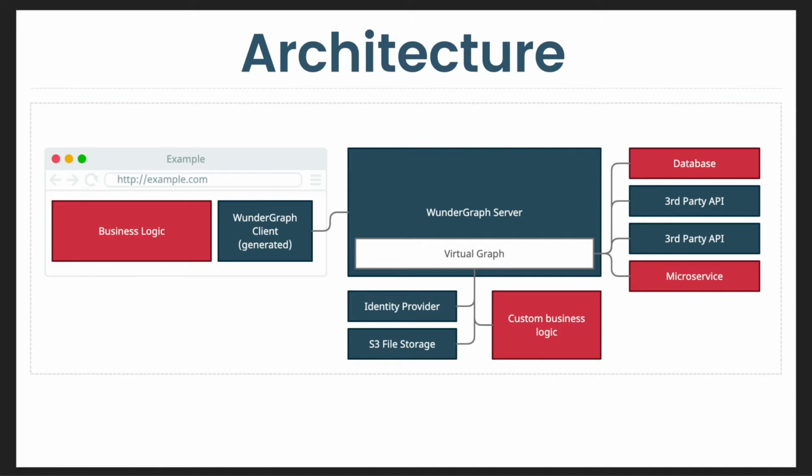With that virtual graph, we add your identity provider for authentication and your S3 for file storage. You can add some custom business logic, for example, using hooks. And that gives us the API surface to work with. Finally, what you do is you define your operations, like authenticate a user, create a post, add a comment, etc. And once these operations are defined, WunderGraph automatically generates a type-safe client for any language or framework